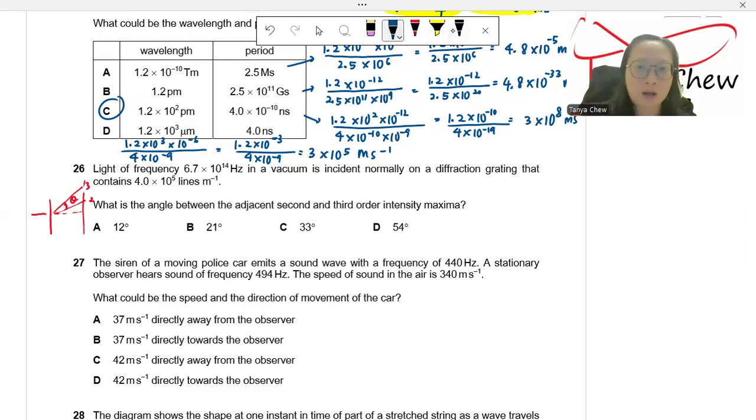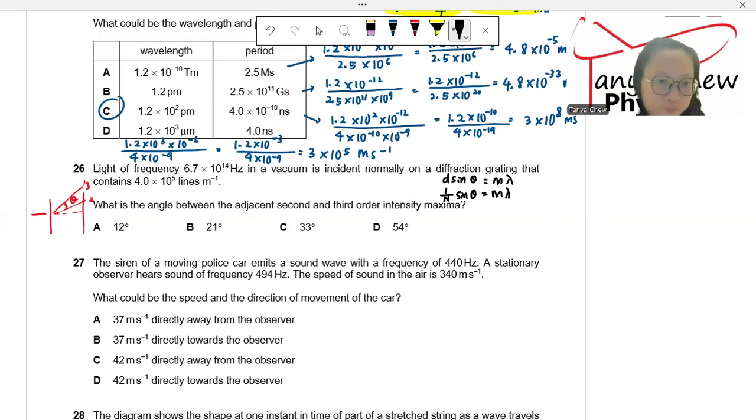Now, I am going to use d sine theta is equal to m lambda. d is 1 over n. For the first one, I have to find the wavelength first because the wavelength is not given. To find the wavelength, because this is light traveling in a vacuum,